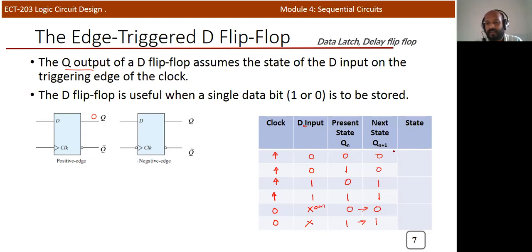So we can consider the first two cases. The output is 0, so we'll call this particular state the reset state. And in the next two cases, the output is 1, so we can consider it the set state, and where there is no change, we indicate it as no change in state. Okay, so these are the different combinations of the D flip-flop, and this is known as the truth table of the D flip-flop.